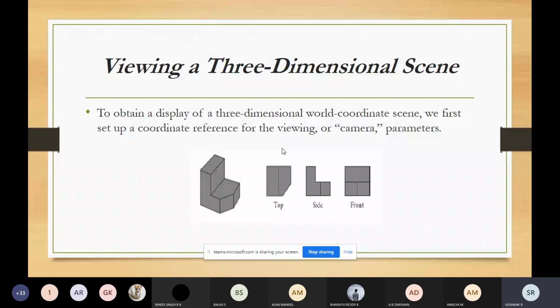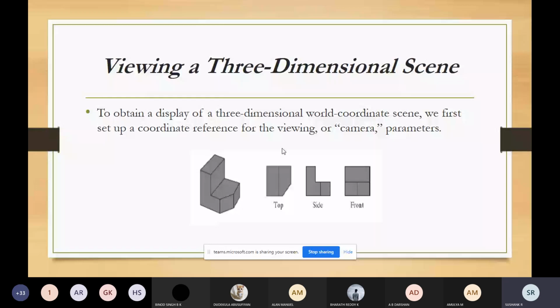When you try to view the image from the top side, you can see that you are getting some parallel lines, in the form of some square or rectangular block. So the first image on the left hand side is the actual one.